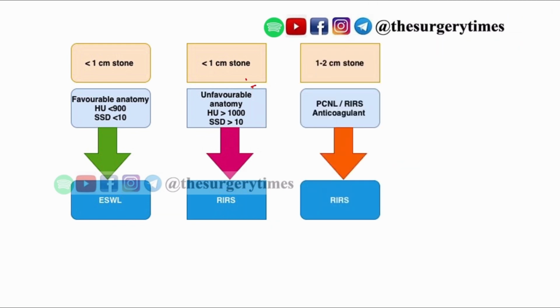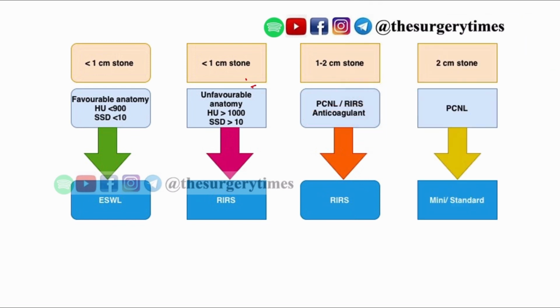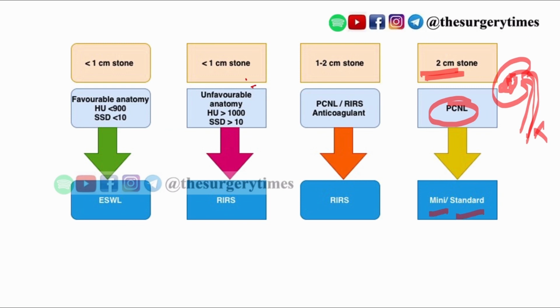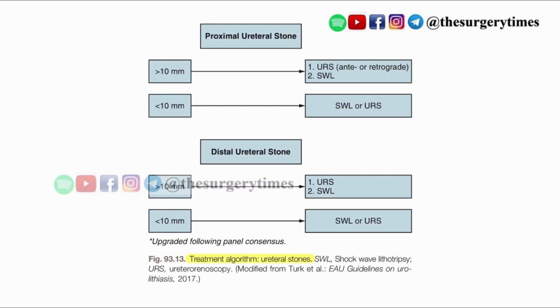Next is our 1 to 2 centimeter stone. So you can opt for PCNL as well as RIRS in those cases, but the patient, especially on anticoagulants or blood thinners like ecosprin, clopidogrel, then you can opt for RIRS, because in PCNL there is high chance of bleeding. Now next is 2 centimeter stone or more than 2 also, you can opt for PCNL, either mini or standard. And this is also from Campbell,